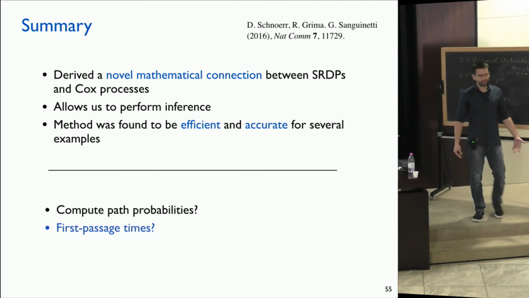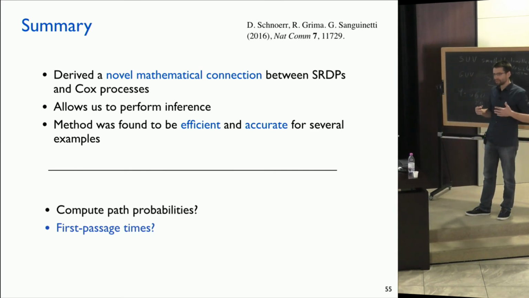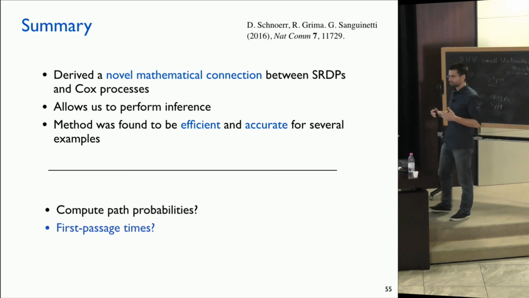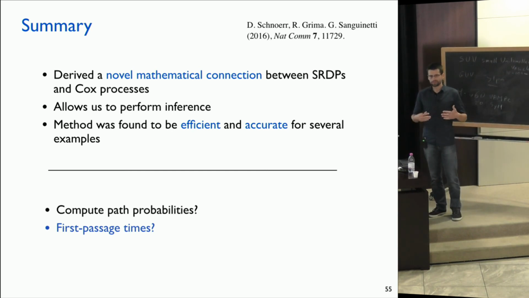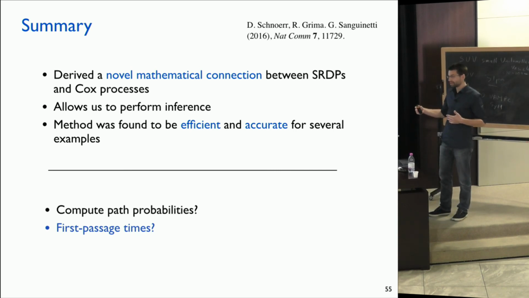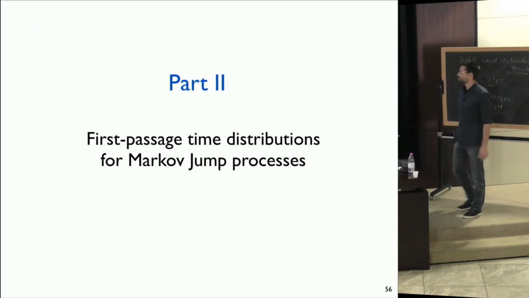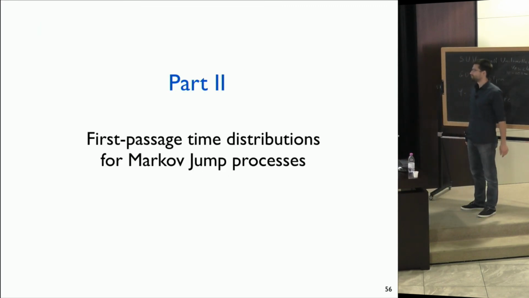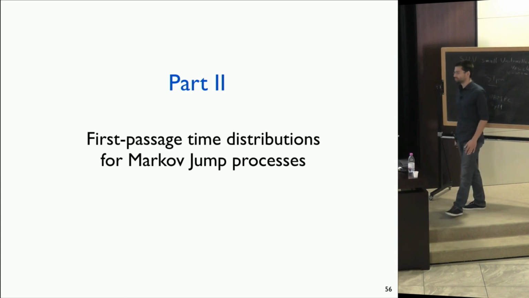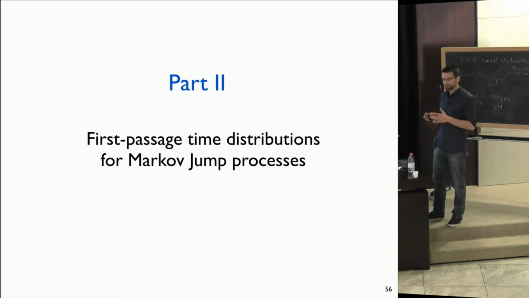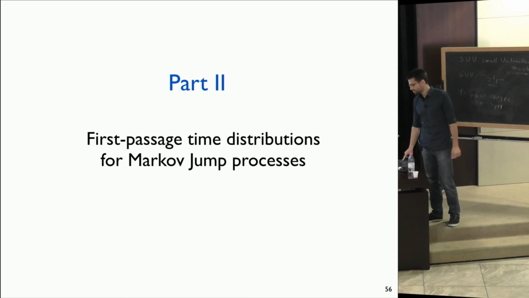So we decided to first go one step back and study a non-spatial system. How can we approximate first passage times for a non-spatial system, described by the chemical master equation, to then later extend it again to a spatial setting? And this is exactly the topic of the second part. How can we compute first passage times for Markov jump processes? So systems where we ignore space and only count the number of molecules of different species in the system.